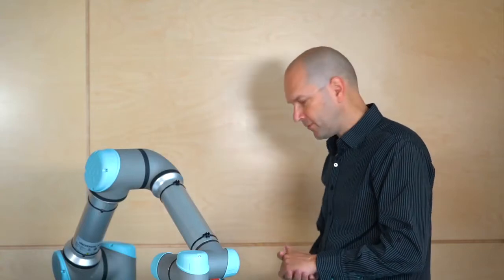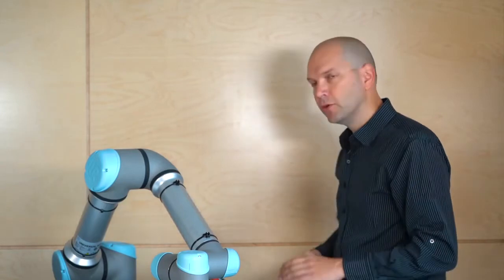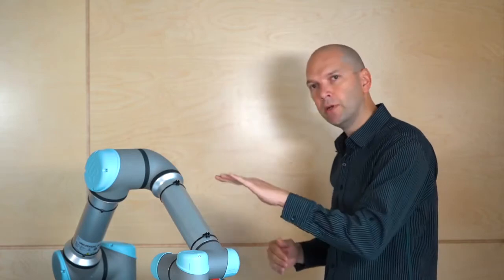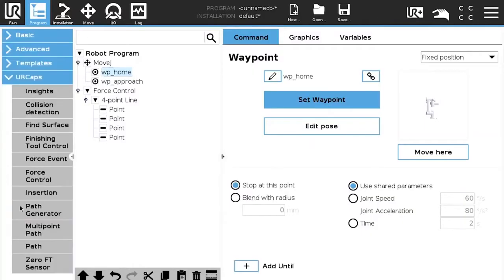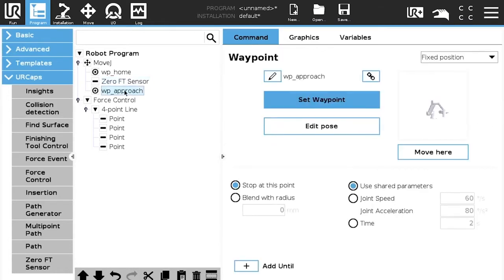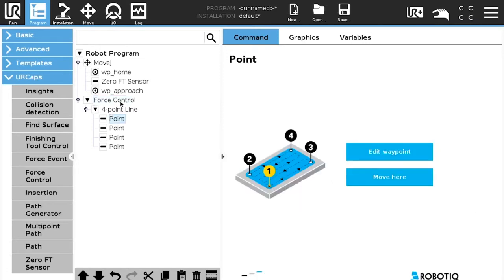For the process itself, we also need to zero the force torque sensor internally to make sure that we have a constant force every time. So just before the home point and the approach point, we're going to place a zero sensor node and make sure that we wait for the robot to be steady before making this zero. And then it will go to the approach point, and then it will enter the force control node, and it will start to control the robot to apply the force, and then it will go to point number 1 of the 4 points